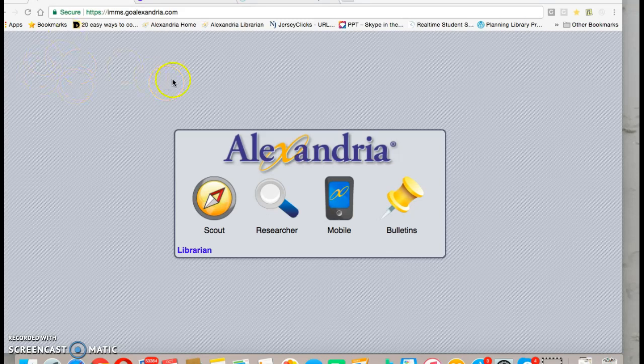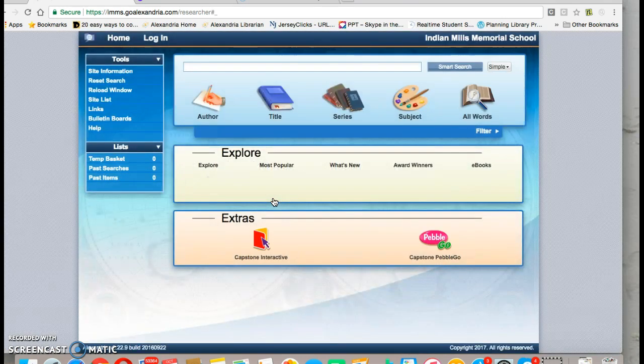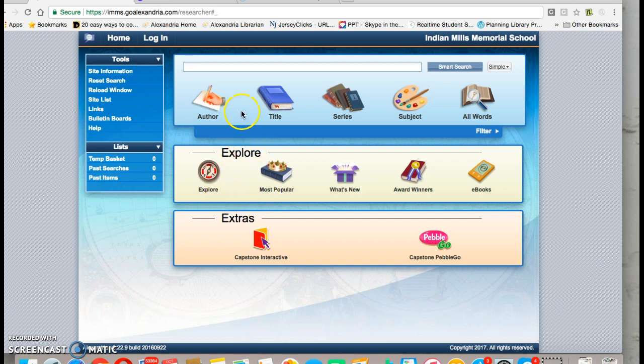We are going to be working with researchers. Scout is more for easy basic searches, and it doesn't always get better. Using researchers, there are five